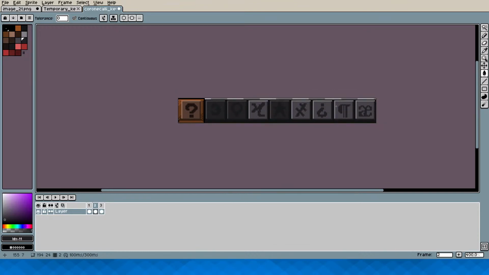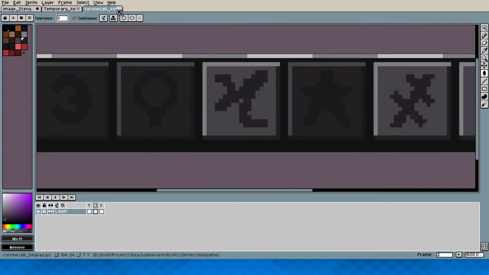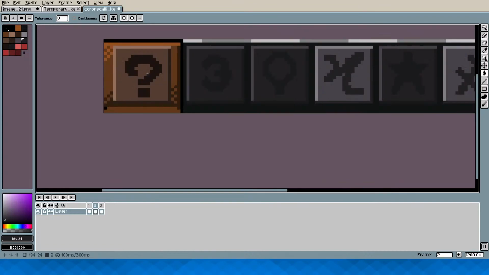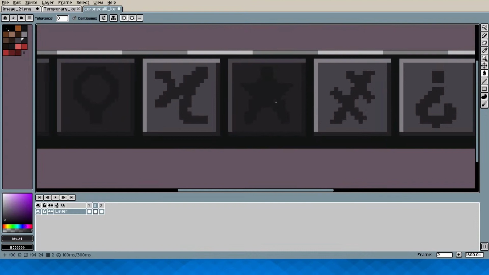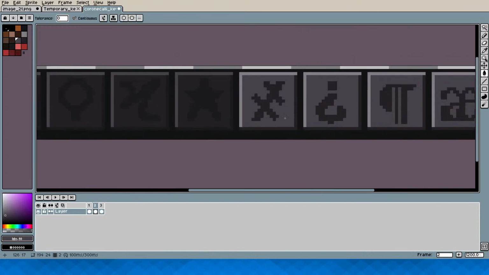Can I just fill everything at once? No. Or can I? Wait. No, I will probably mess up this. Turn contiguous back on. So then repeat that. Fill this, fill this. Oh, did that go correctly? I think so. Right, now we have a pressed version there.